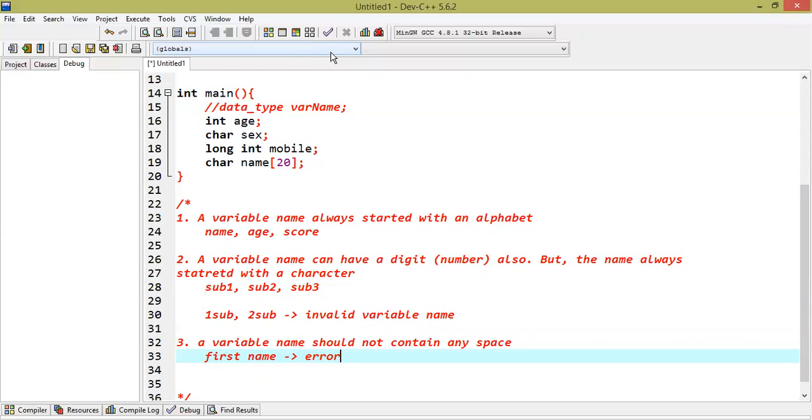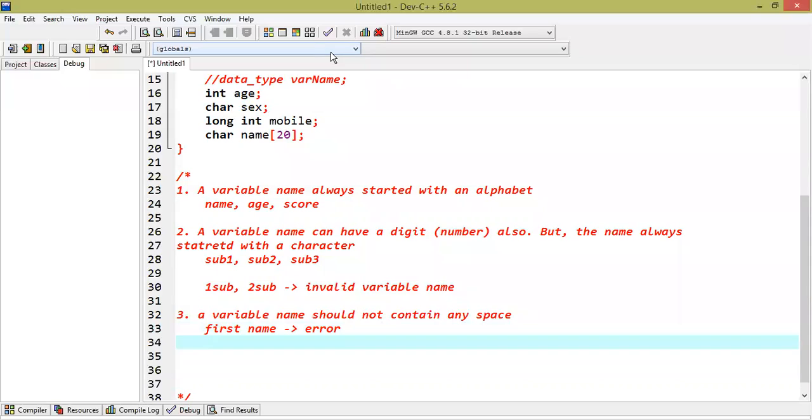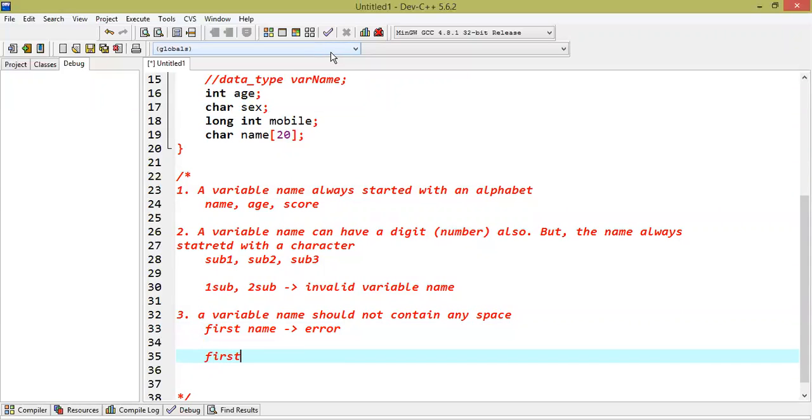So now the question is how to represent a variable name which may have multiple words, like first name, last name, middle name. To do this, we can do it in various ways. Look at the first one. How can we achieve this in C programming? firstname. See, I've removed the space from here.